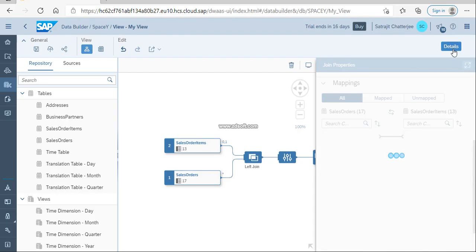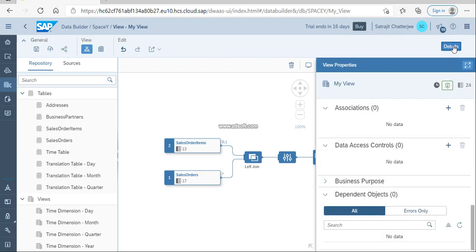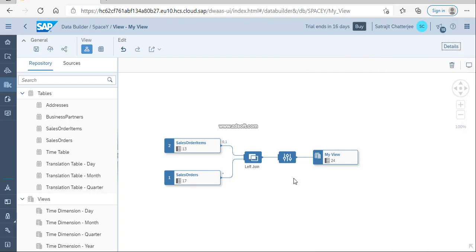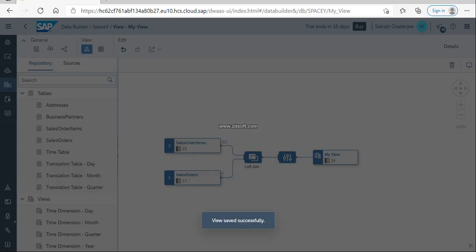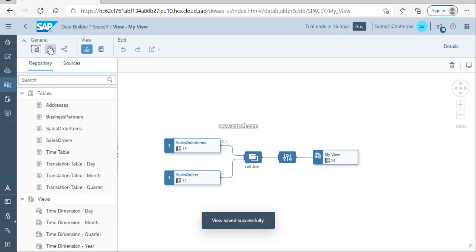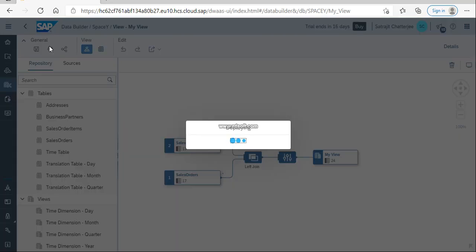There's a lot of things that you can do, but just for the timing we are just going to do this part only. Okay, so I can save and I can do a deploy. So just wait for a minute, let it be saved, and then we'll deploy it. Okay,